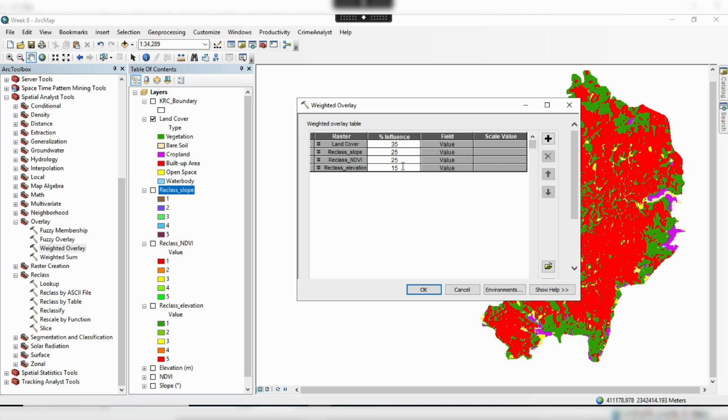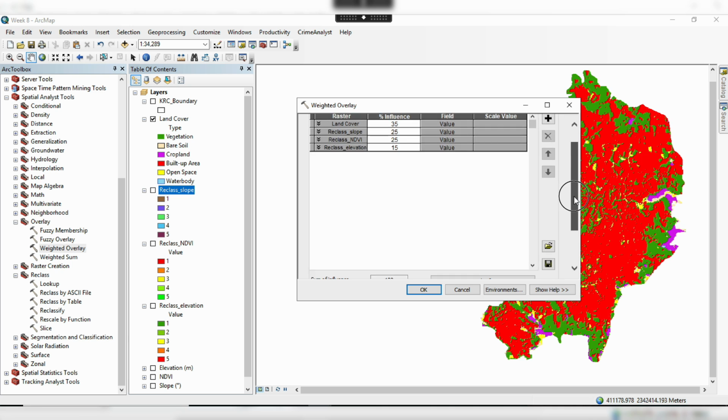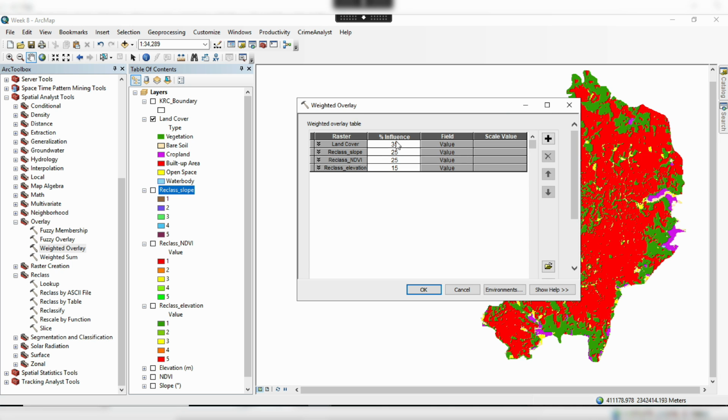So for example, this is the percentage of influence. I give the highest priority to land cover, slope and NDVI layers are getting equal priority, 25% each, and elevation will get 15%. There is no right or wrong answer here. It all depends on how you want to define. Now, I'm happy with the percentage of influence. This is the column wise, you define which layer is most important and which one is comparatively less important. If you are happy with this, then you click here on the down arrow,